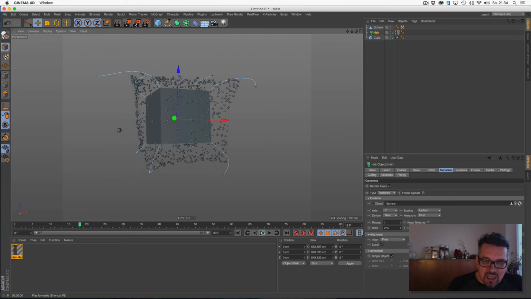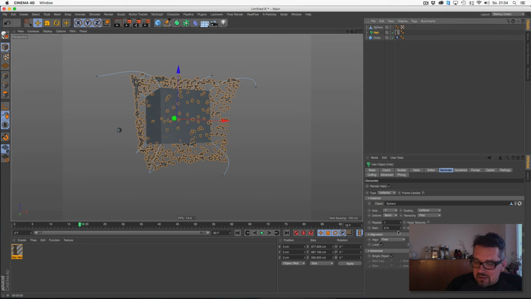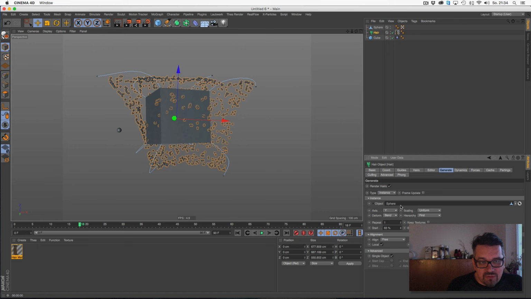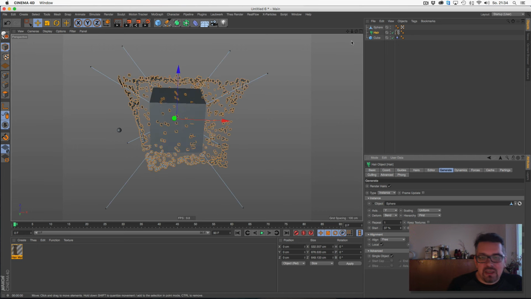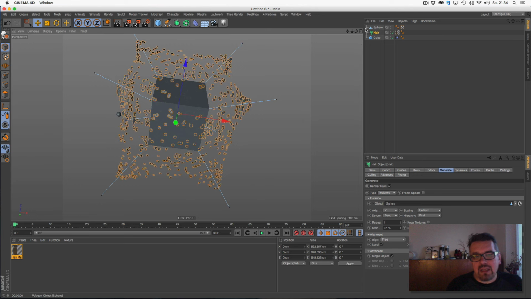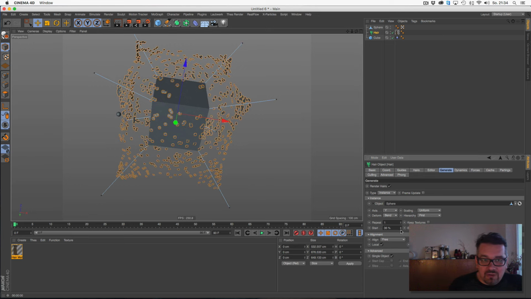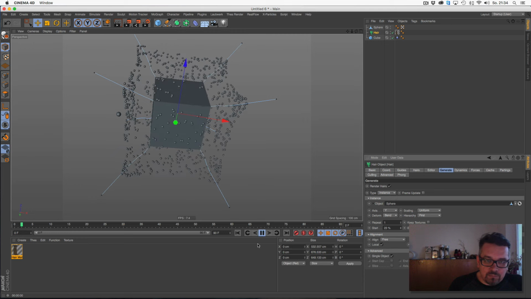This kind of spheres on any hair. You can choose a position when you set the start to a different value. You see, it's very funny. It's like any hair has a little sphere on the end of the hair.